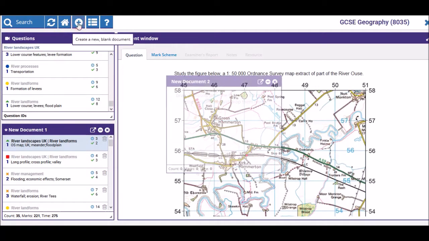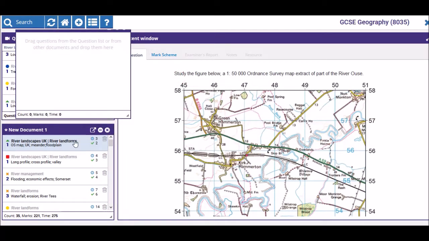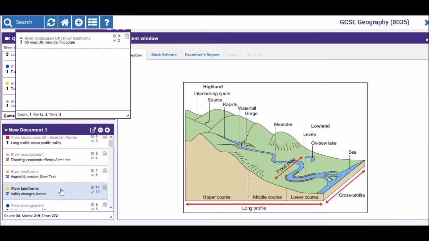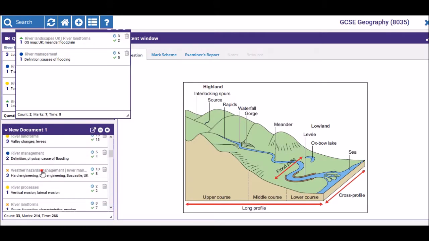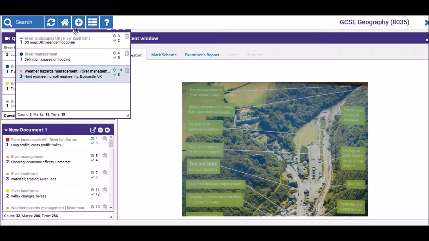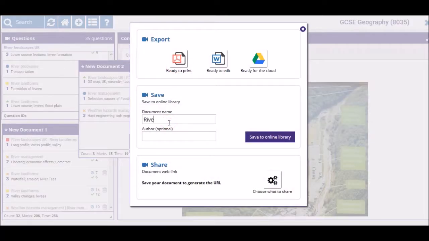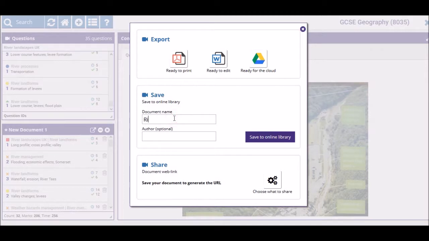If I then add a new blank document, what I can do is I can start to look through my questions and segregate them. So I can say I want that question for my topic test. I'll leave that one. I'll have one of those. And I'll have that one. So I've put together my little topic test. I can save that as river test, save that, and I can save this one as river class, save that,